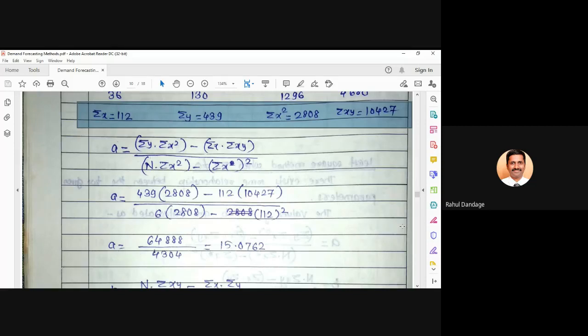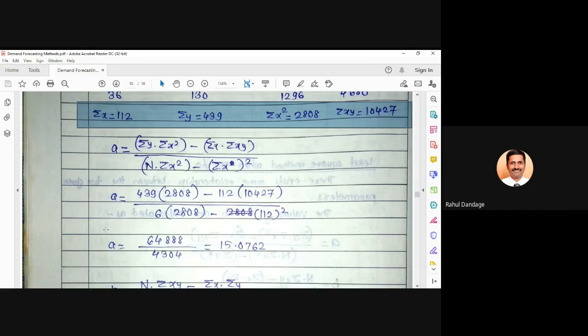So the only distinction is sigma X square and sigma X bracket square. The appropriate value should be put at the appropriate place. When I say sigma X square, it is the summation of the X square column. And when I say sigma X bracket square, it is the summation of the X column and then the value bracket squared. So once you complete this calculation, please compare with the value of A which is displayed over here.